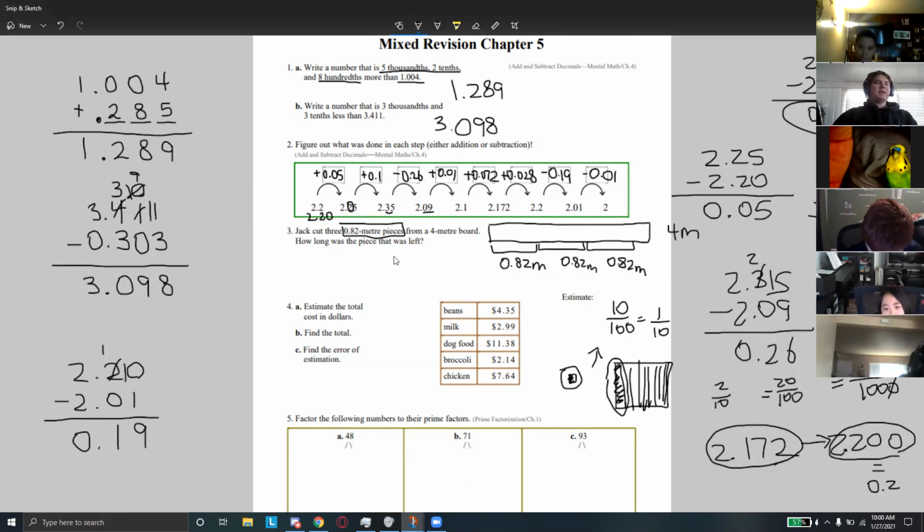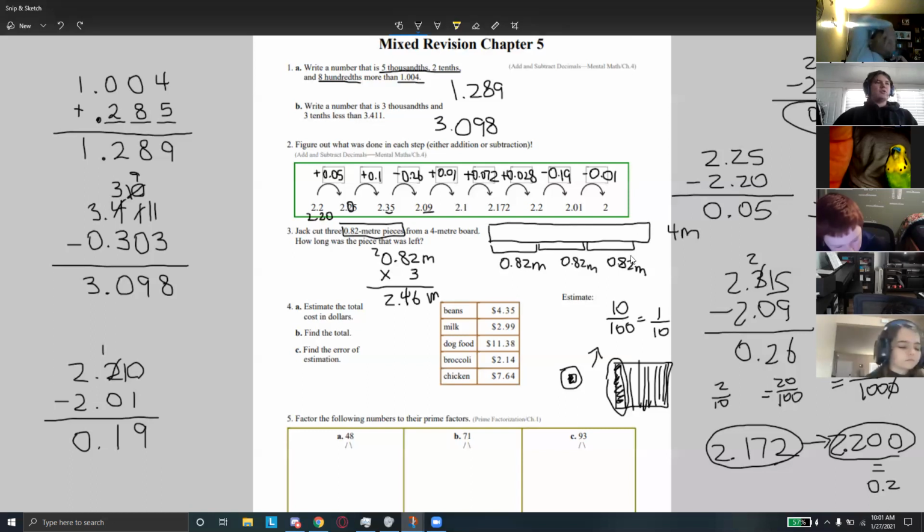So how much am I cutting off total? I could find that out by doing 82 hundredths meters times 3, because I'm cutting off 3, and they're all the same size. So 3 times 2 is 6, 3 times 8 is 24, plus 0 is 24. And we are cutting off a total of 2.46 meters, or 2 46 hundredths meters, from a total of 4 meter